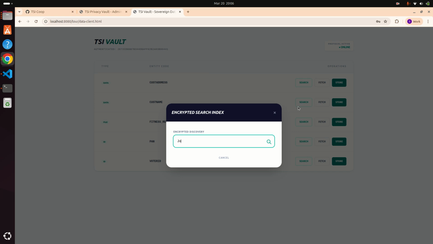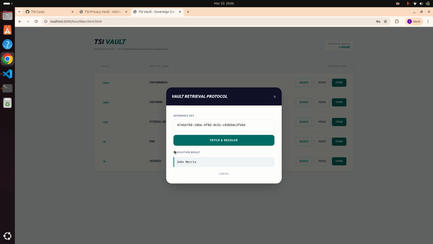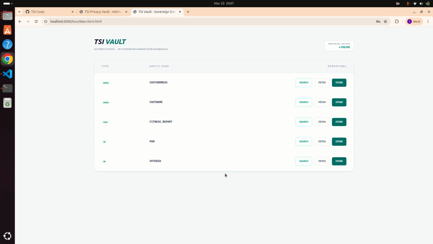This search is designed to work on the encrypted data, right? So it gives me, okay, it found a match for John, and then it gave me that. So I use that and copy it, and it retrieves the value, right, as John Morris, right? So this is how I manage the